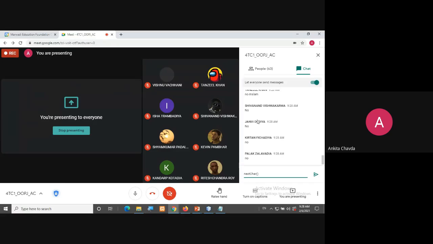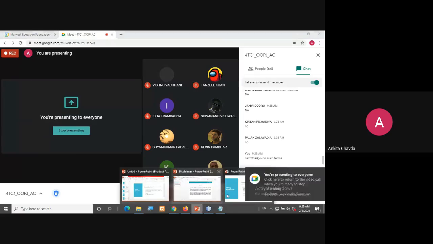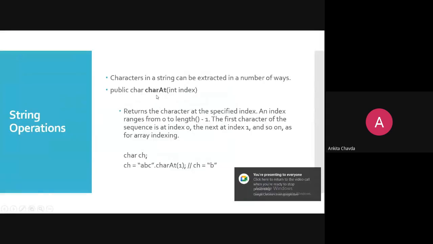No, there are no such functions like nextChar, right? Instead of that, if you want any character, you have to take it first as a string. And from that string, whatever character you want, you can get it via this function charAt.